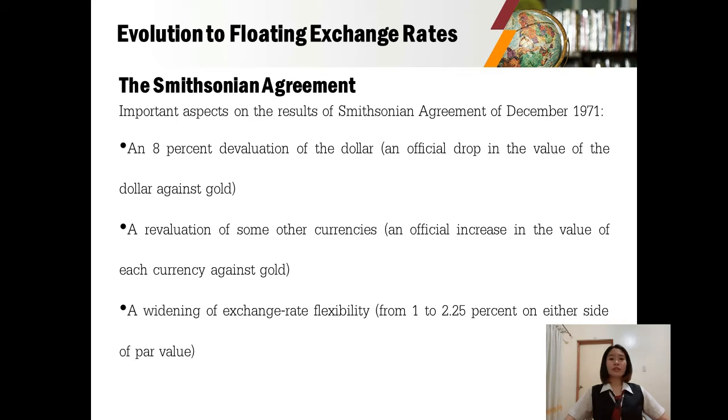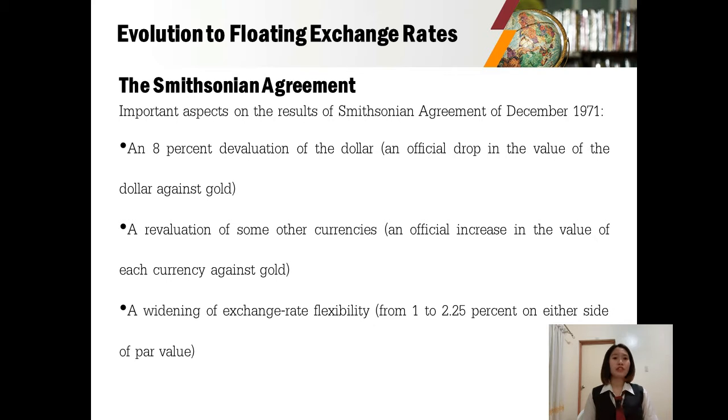So here are the results of the Smithsonian Agreement. First, an 8% devaluation of the dollar, an official drop in the value of the dollar against gold, which means it reduced the value of the dollar. Second, a revaluation of some other currencies, an official increase in the value of each currency against gold. So here, there is an upward adjustment of the value of a currency in relation to other currencies. Third, a widening of exchange rate flexibility from 1 to 2.25% on either side of par value,